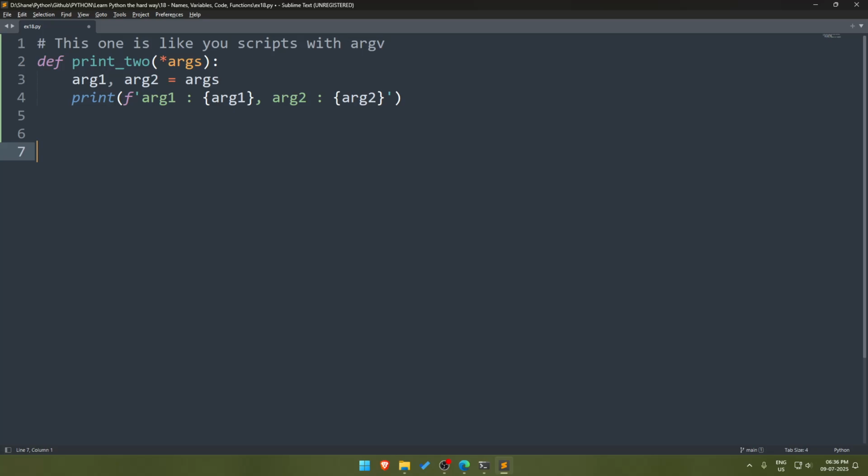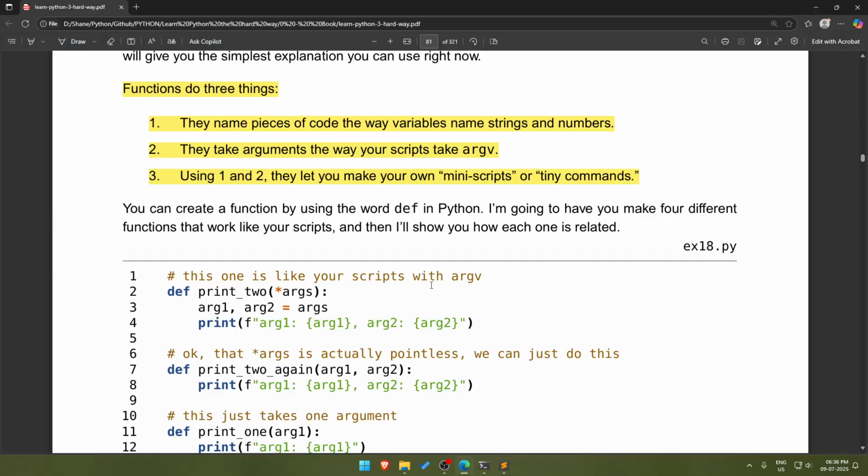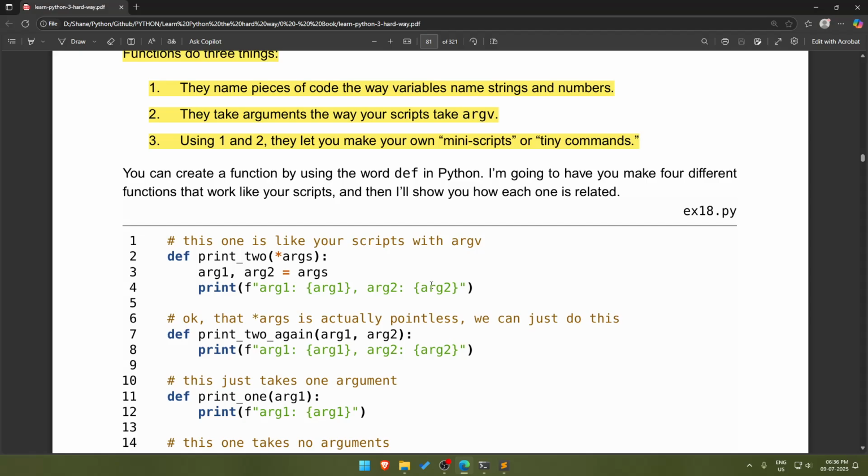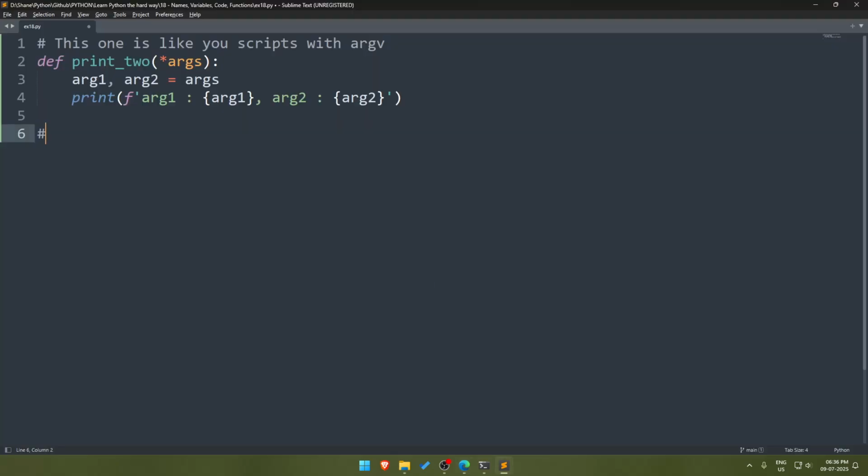Then we say okay, *args is actually pointless. We can just use this. You can just do this, and what we are going to do is def print2